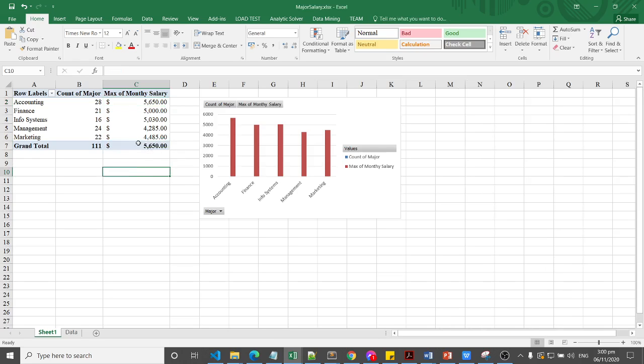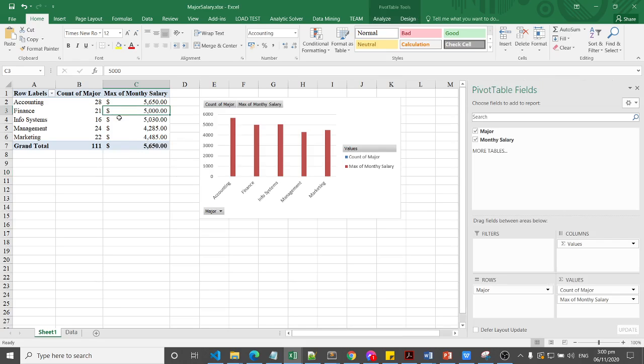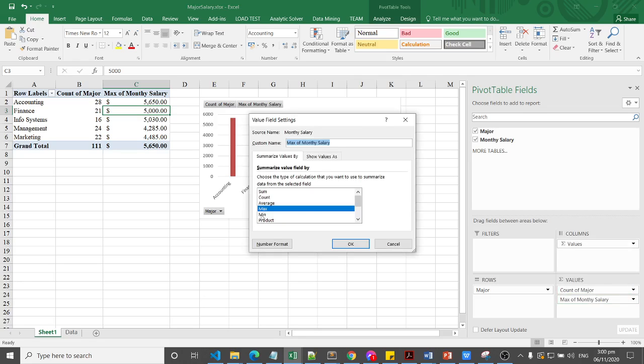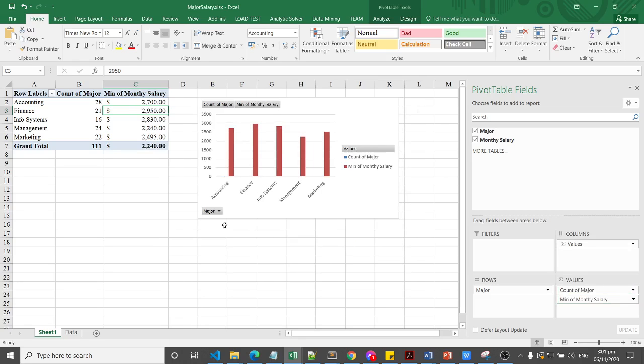And we'll try to see the lowest starting salary by clicking on any cell in our pivot table. So we'll click on value field settings of our monthly salary by choosing minimum in summarize value field by, then click OK.